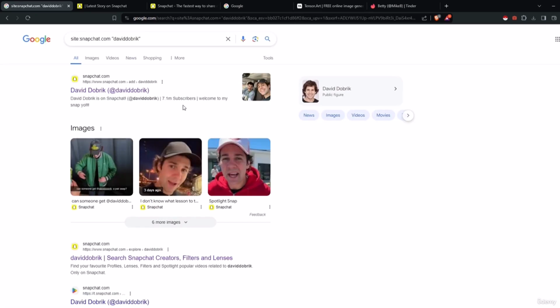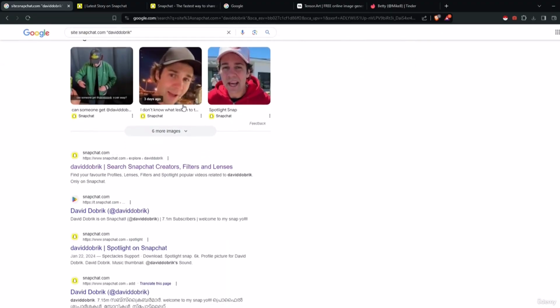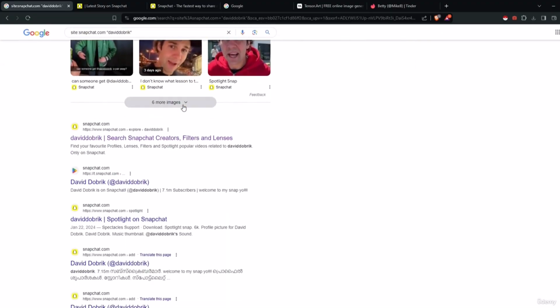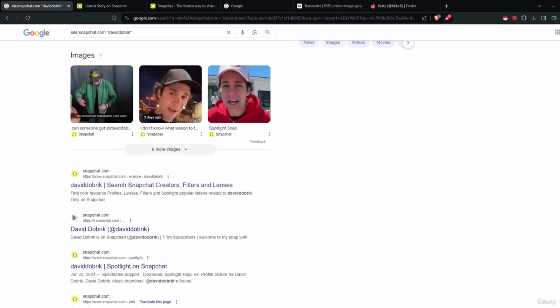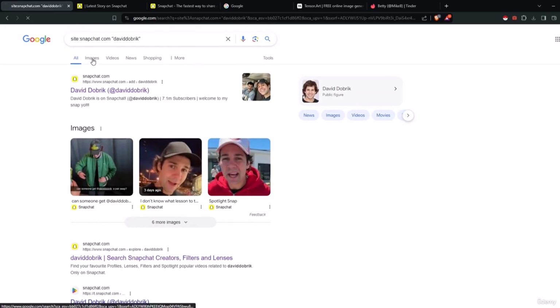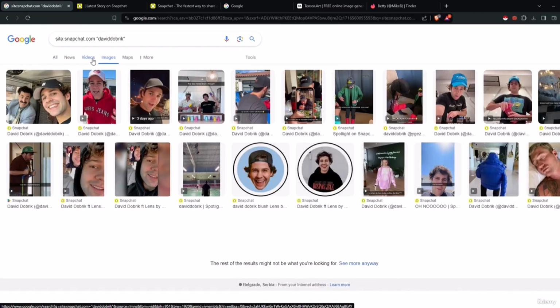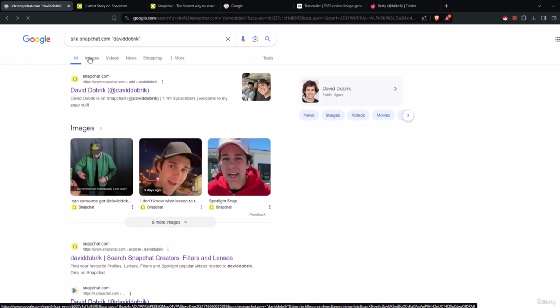Here most of the results will be the page to his profile, but Google crawlers index them from quite different locations. We can go through these and compare if maybe the profile descriptions differ, or we can have a look at their spotlight or even check the Google images to see what pops up there. So let's give it a try. And as you can see, we see some pictures we could potentially use in the investigation. So let's go back for a second. And keep in mind, most of the time it will be a hit or miss.